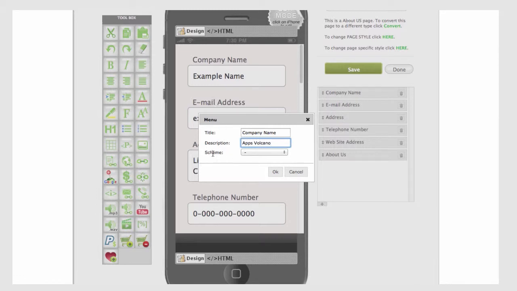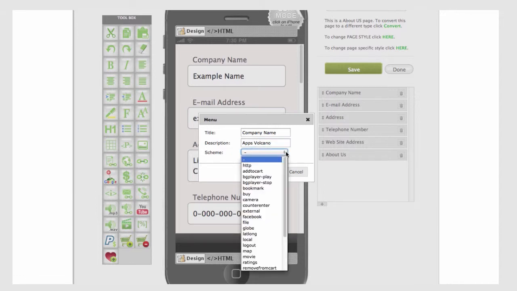We just need the scheme to be nothing, none. But if you'd like to make it a website, you would have to select the function HTTP, or if you'd like to make a phone call, you would need to find telephone,